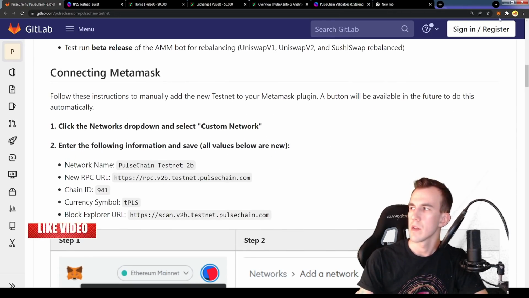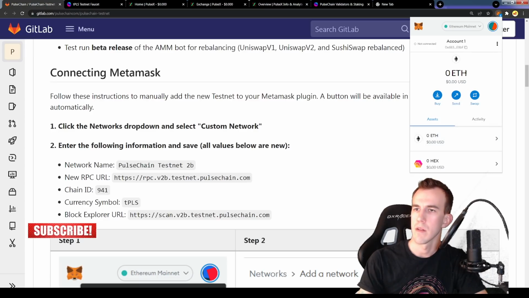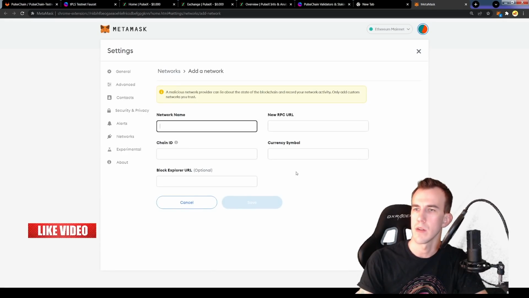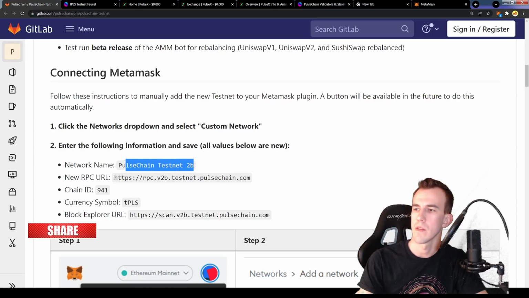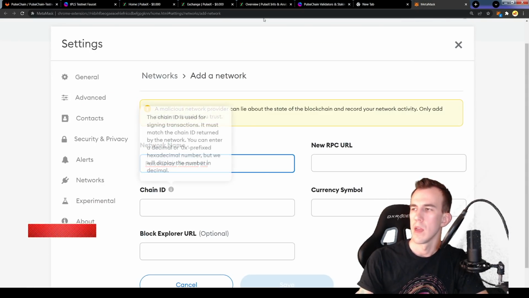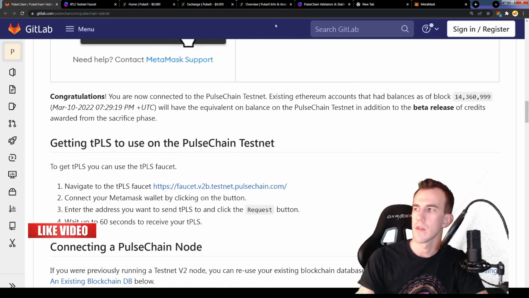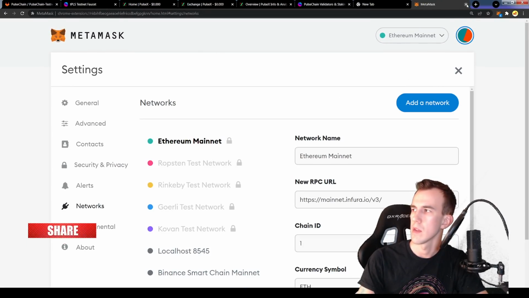and then all you're going to do is go up to your MetaMask in the upper right and click on it. You're probably going to be connected to Ethereum, so it's going to look like this. You'll have whatever Ethereum stuff you have, and you're probably not going to see some of these, so you just hit add network. It's going to take you to this page. Then all you do is go back and forth between this page and fill in the stuff that it says. I'm not going to do it all for you. It's really easy. Then after you hit save, you can pretty much exit that.